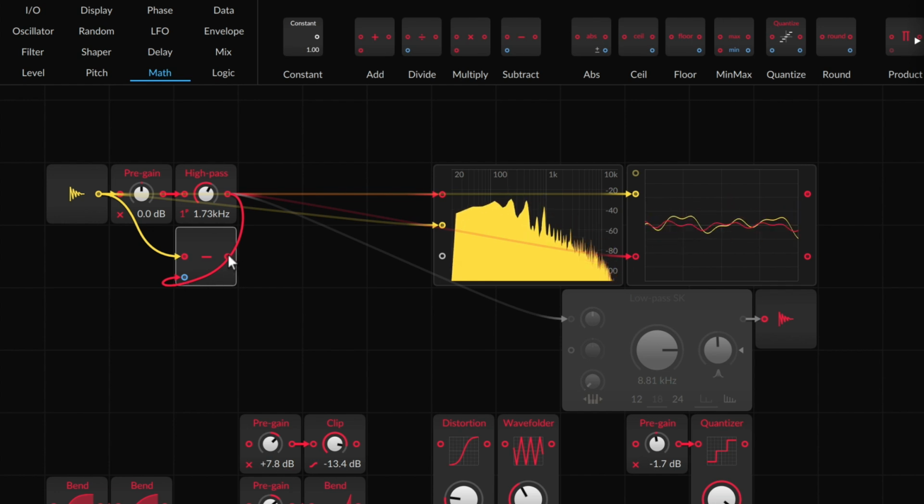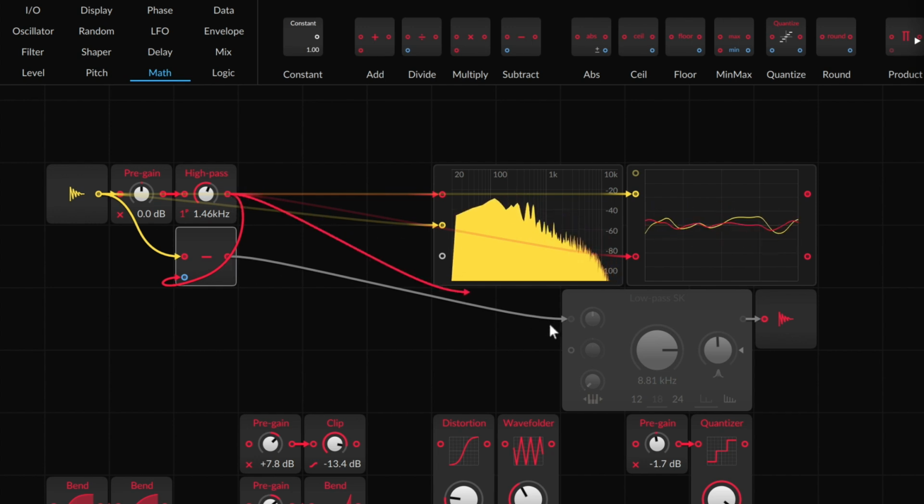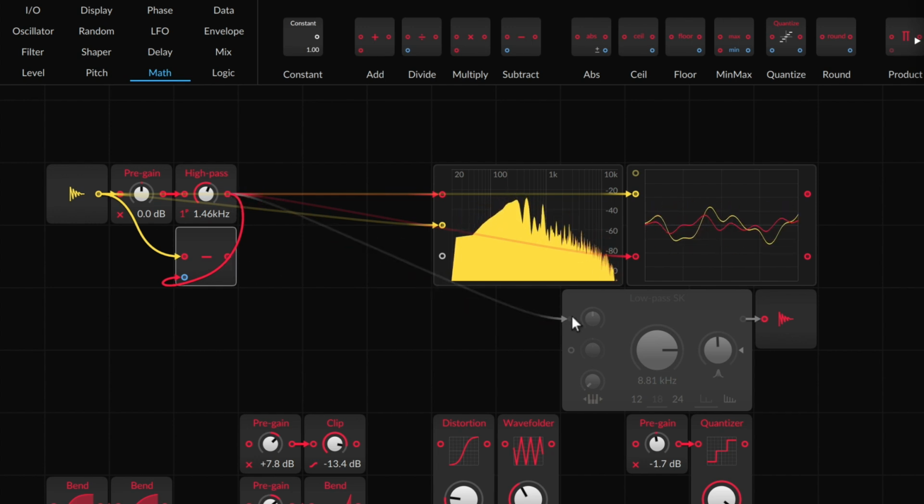So now if we only listen to this for a minute, we only have the bass parts. So again, just the low frequencies, just the high frequencies.